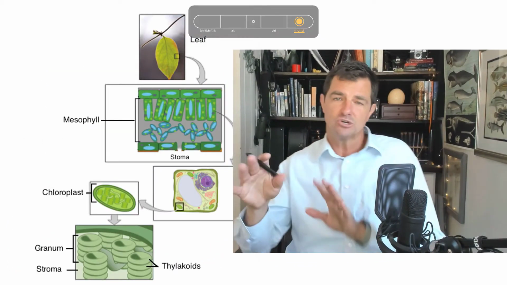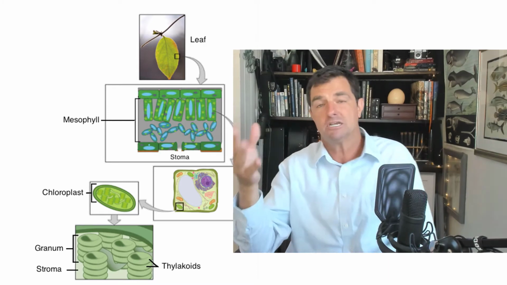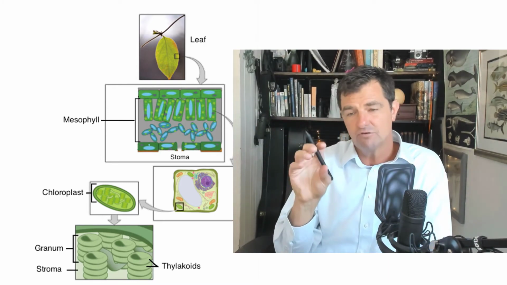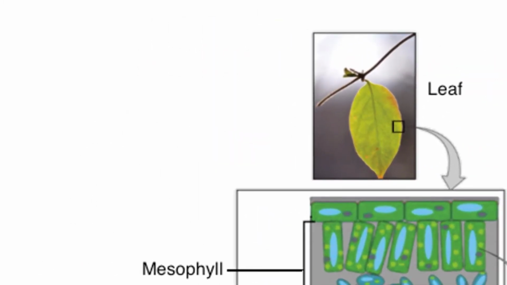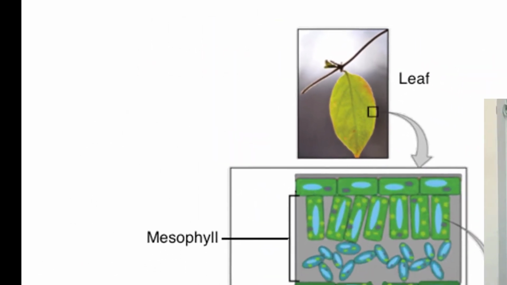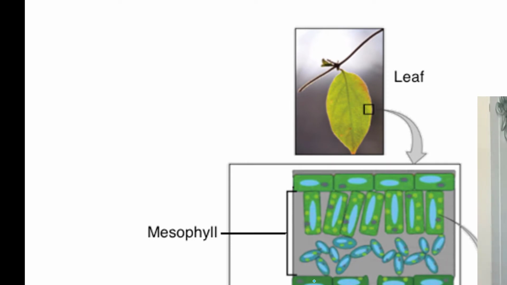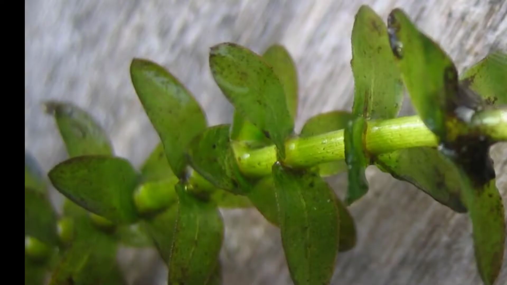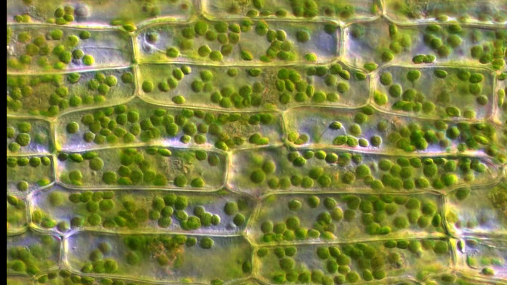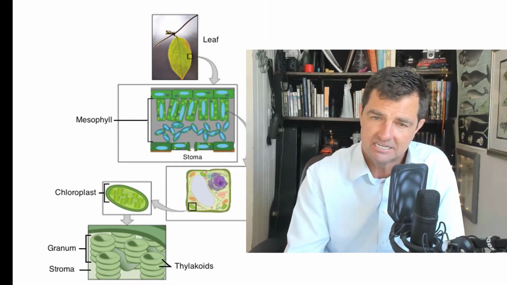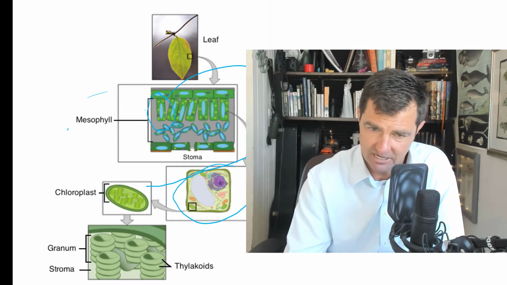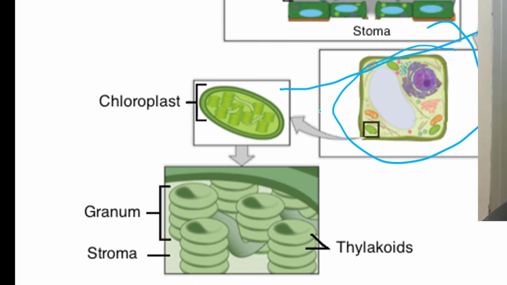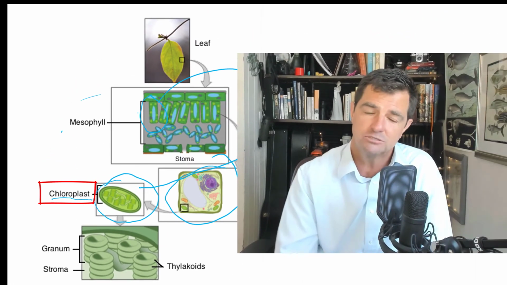Now, if we take a plant and take a look at the leaf, and if we were to zoom in on the leaf, say under our microscope, we would see within the leaf, which probably is no surprise to you, that there are cells in there, very much like what we saw in Elodea when we looked at it under the microscopes, and we saw these plant cells. So if I take one plant cell there and zoom in on that, I would see within that there are a whole bunch of these tiny green structures called chloroplasts, which we've mentioned once before already.